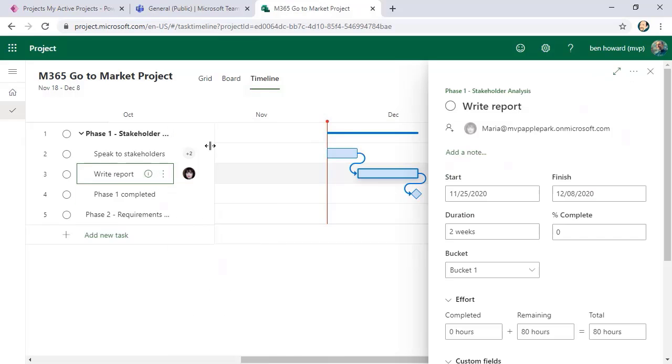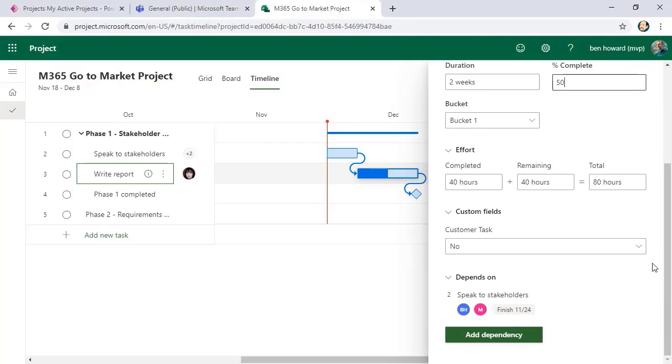And we could open the details of that, so we can get more information about an individual task here. So what we used to call the task information box. If this was completed, I could say, oh, that's 50% complete. And we could just add that in, and then the bar becomes complete. Because we've got some resources assigned to this and it was a week long, then we can see that